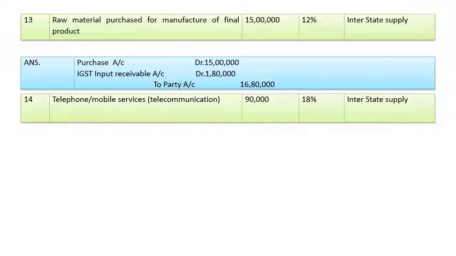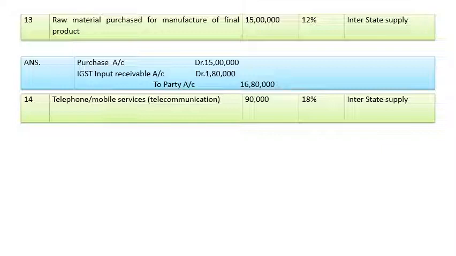Next one, telephone, mobile services, telecommunication 90,000. Rate of GST is 18% and it is interstate supply. So here also, telephone mobile telecommunication services, nothing is said whether it is used for the business purpose or personal purpose. We are assuming that it is going to be used for the business purpose, and whatever expenses incurred and